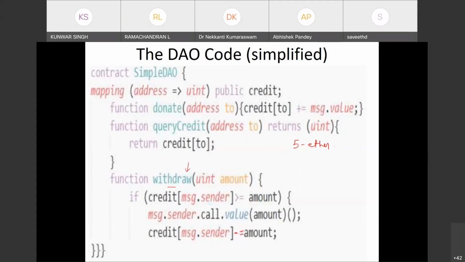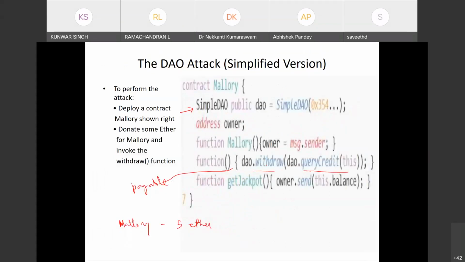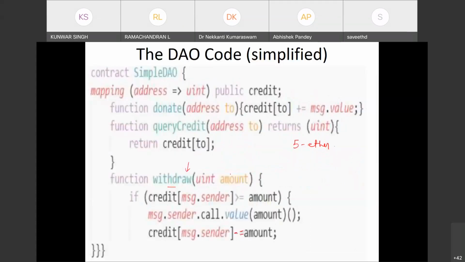So what he'll do, he will call the withdraw function, the same amount. He donated, and next time he will withdraw. So once he withdraws, the 5 ether amount is equal, then he will withdraw 5 ether. This call function will call to the Mallory contract. So from here, it will go to